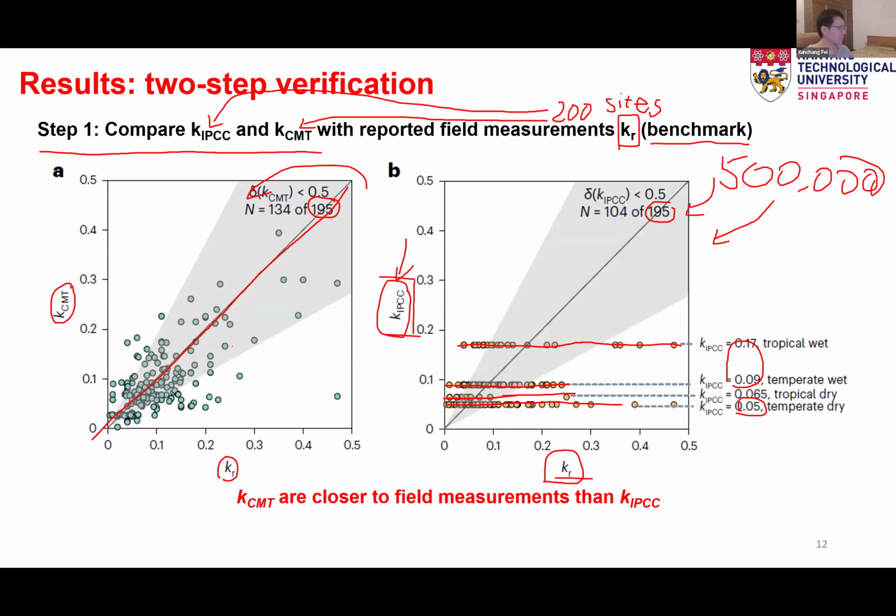Although, in the end, we can't really make all the data points or all the K values very accurate, at least we show that we are improving on the IPCC. At least we are pushing all these data points towards the center, towards the 1-to-1 line. So that is the first step of our verification, showing that our method is indeed better than the IPCC's method,